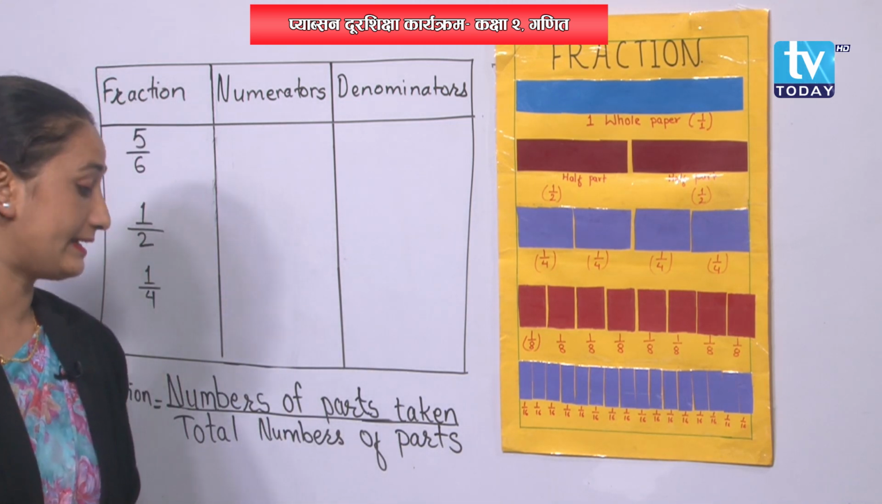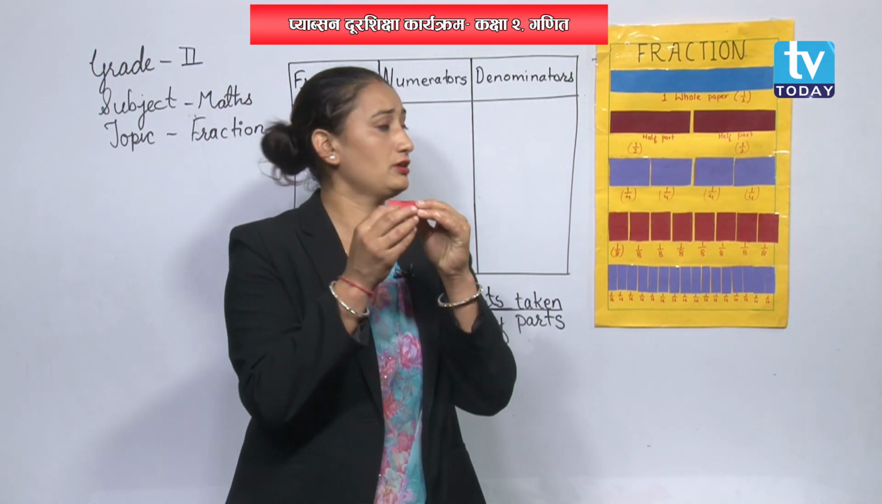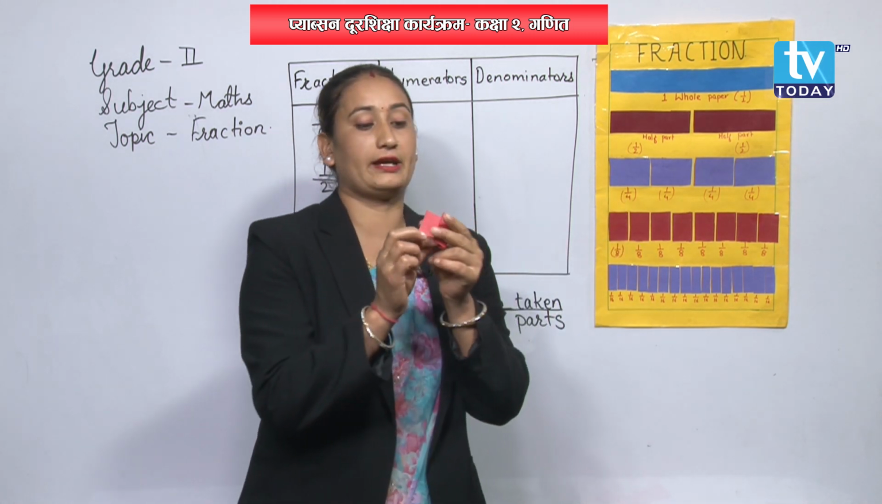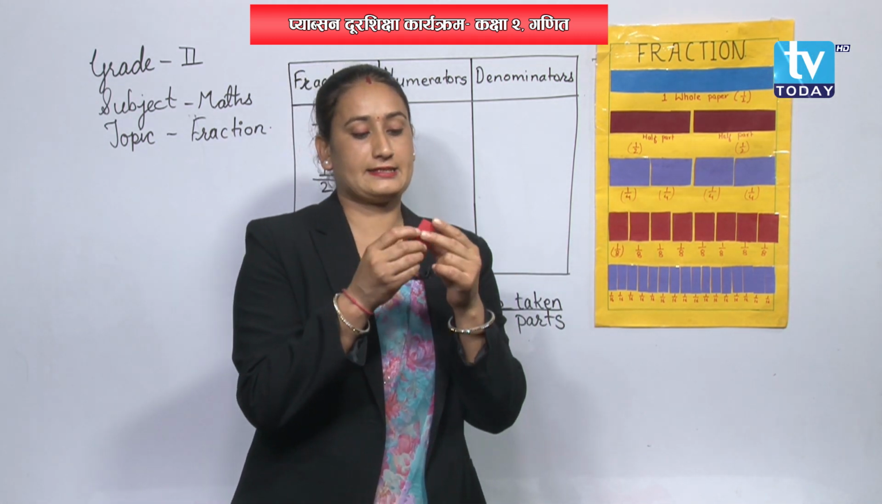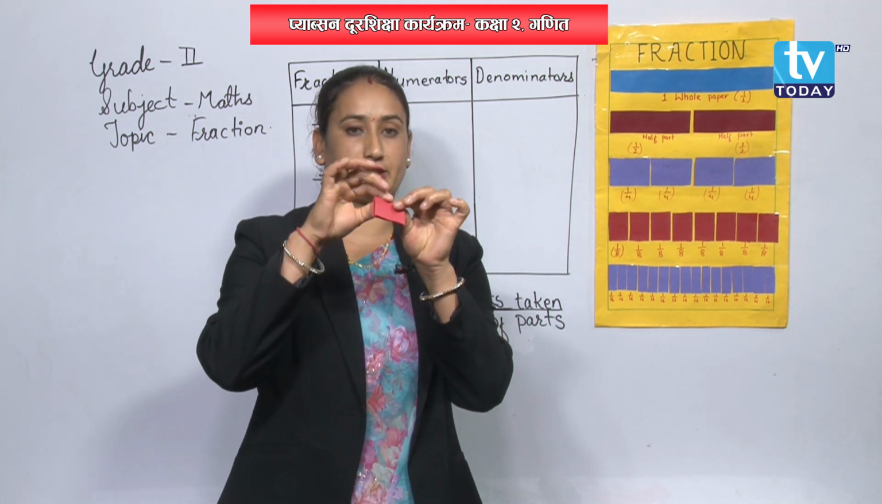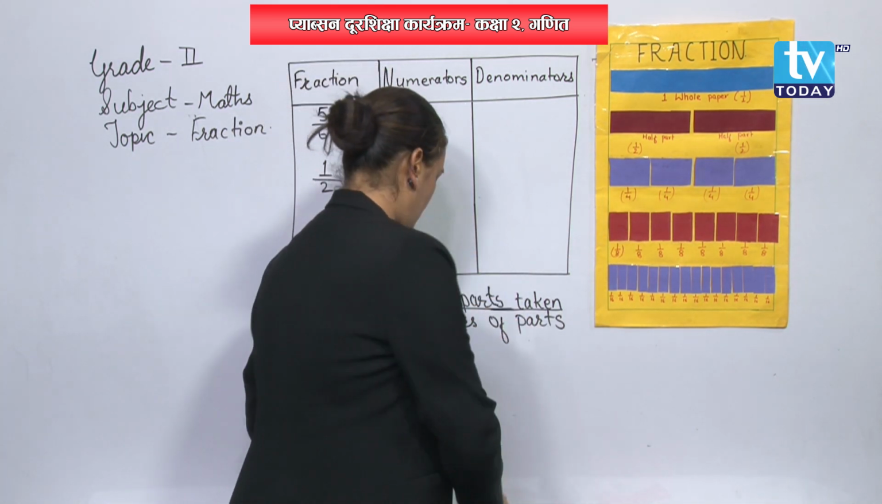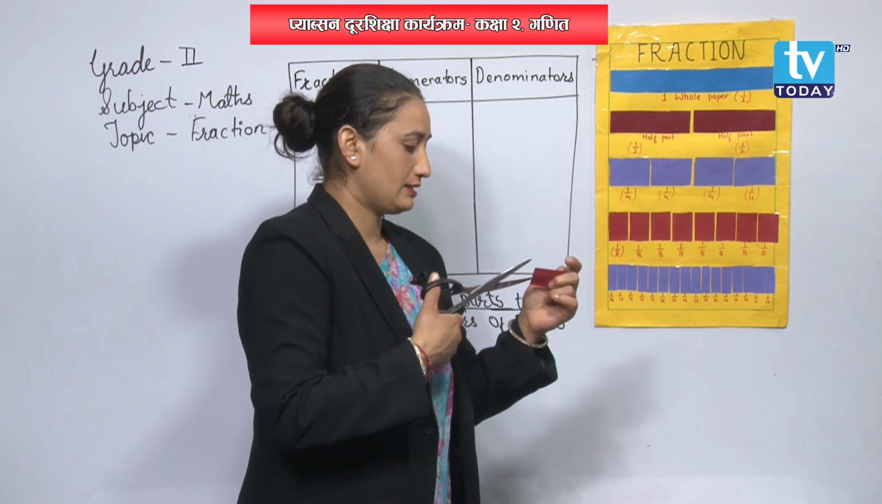Now, students, again what you need to do? Again fold this half 1 by 4 paper again into 2 parts. Let's divide all 1 by 4 papers into half, okay? This one. Let's do it. Let's cut it into half, student. Then